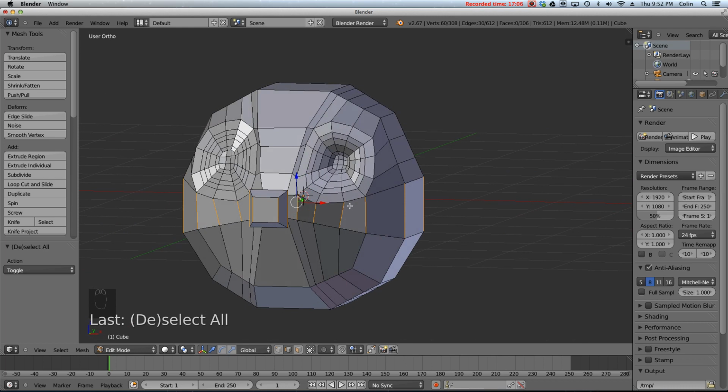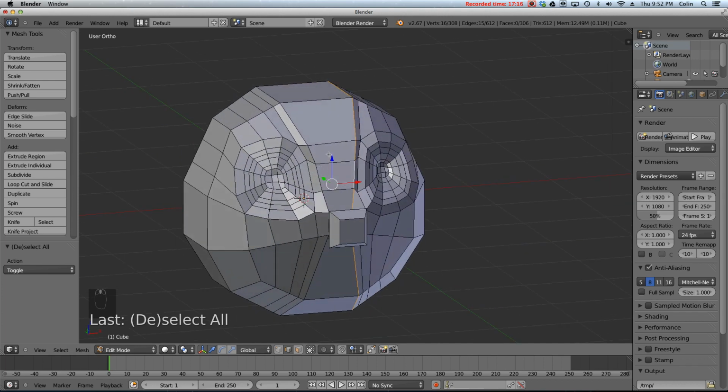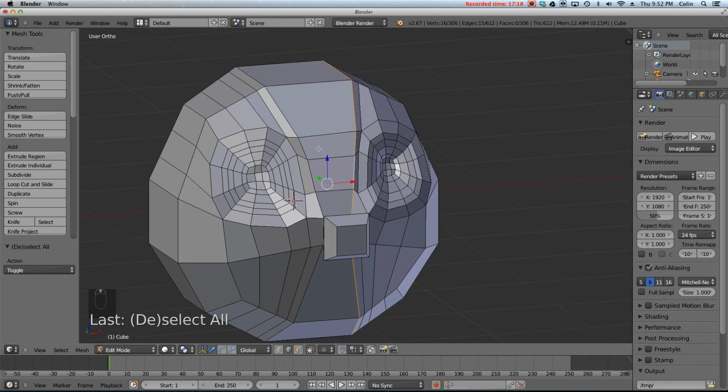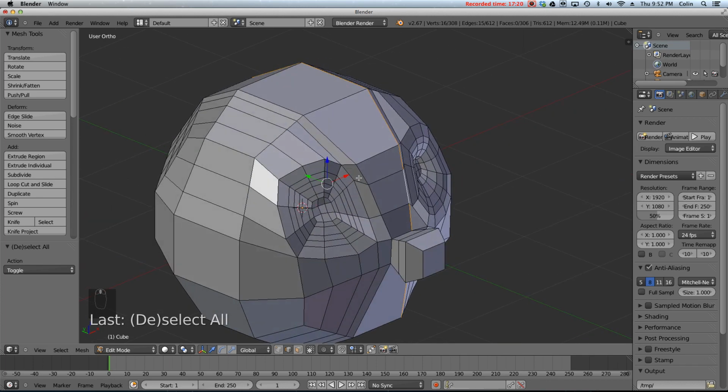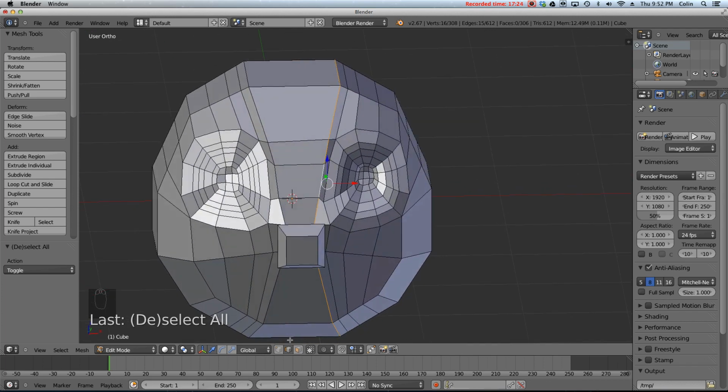If I hold just, I believe it's Alt again, and right click on the edge, it'll select that edge loop. So those are two really, really important things. Try that out, practice it, get used to how you would use it. We'll be using it later in this video. Okay, so we have all the right number of edge loops, but we have to make them